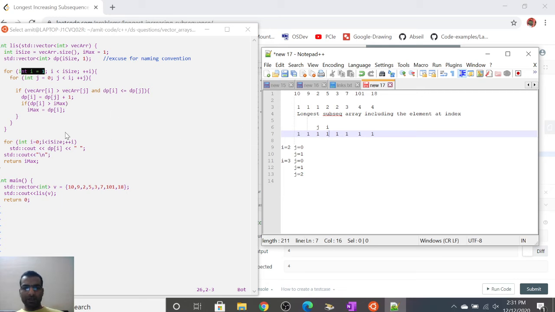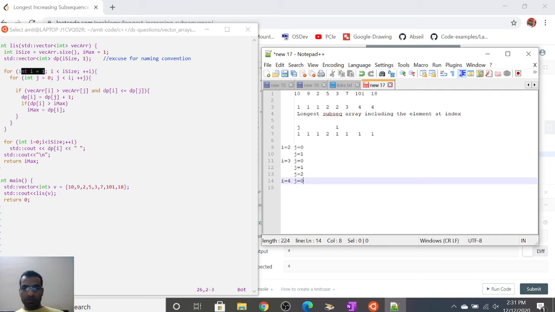So I just increment the entry of i as 1 plus j. It means that whatever number of subsequences we have till here, just increment it by 1. So here in this case it becomes 2, and we are only going till j is smaller than i, so I just increment i here. i comes here, again j will go there on the first entry. So now in this case we have i equal to 4, j equal to 0.